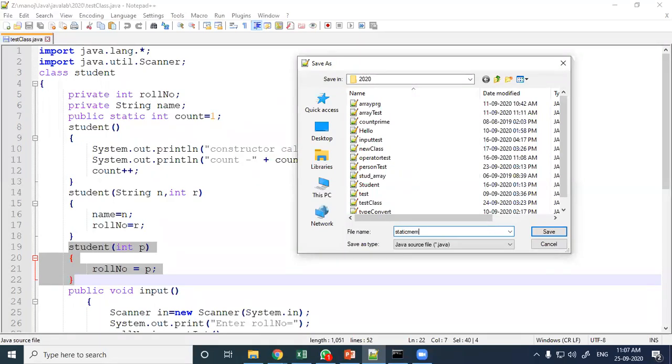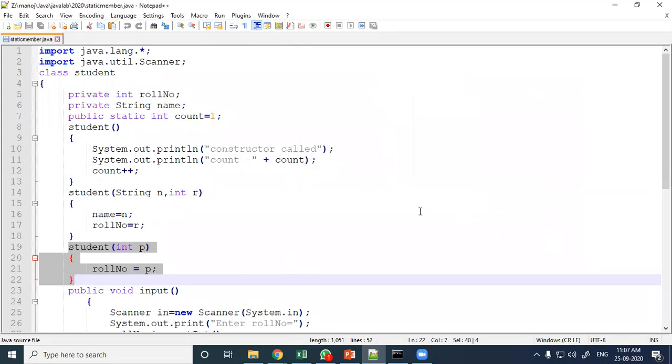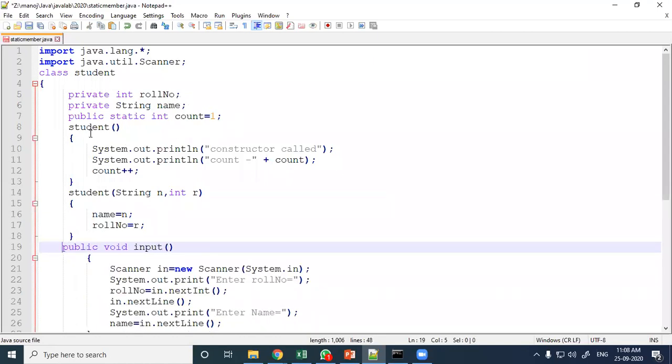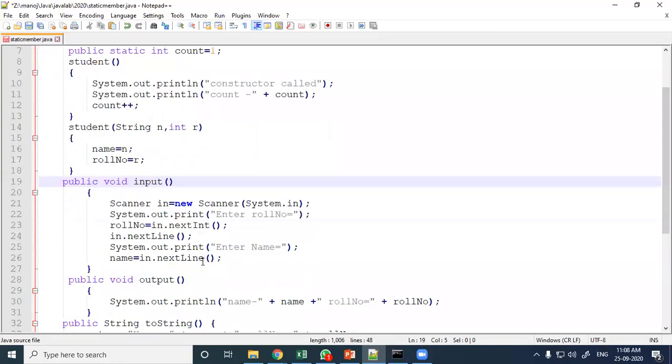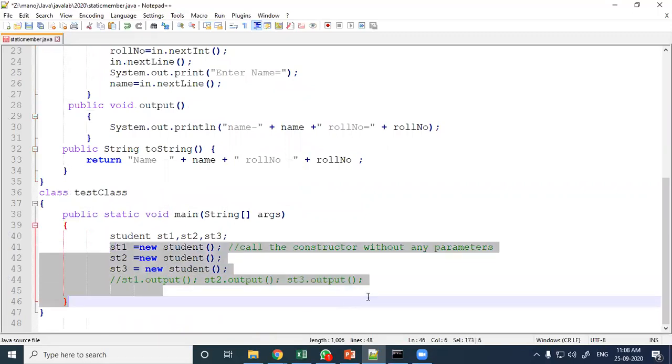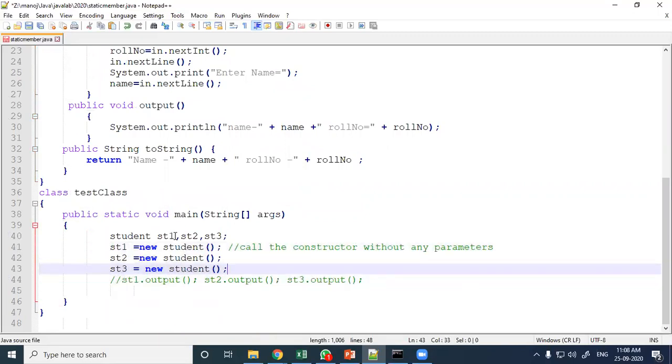I have saved this file as StaticMember.java, and I am removing this constructor and the extra objects.